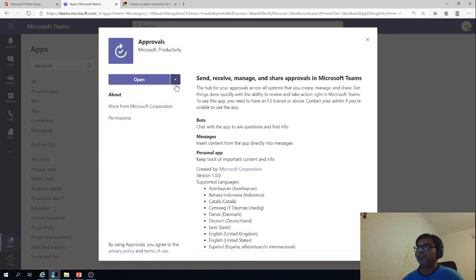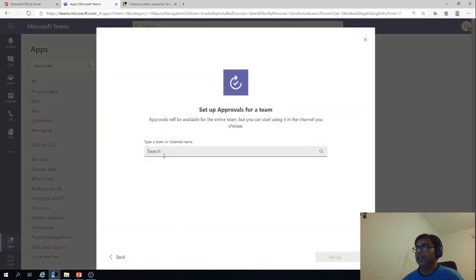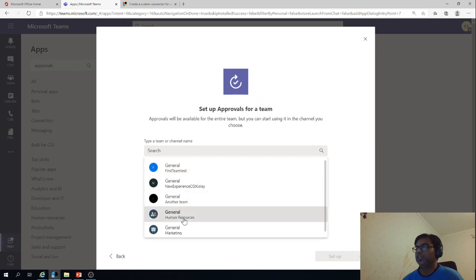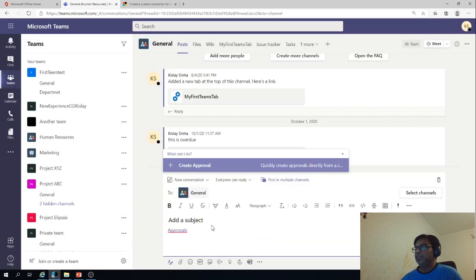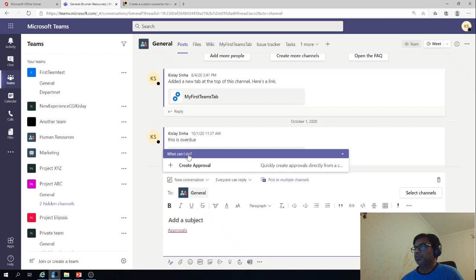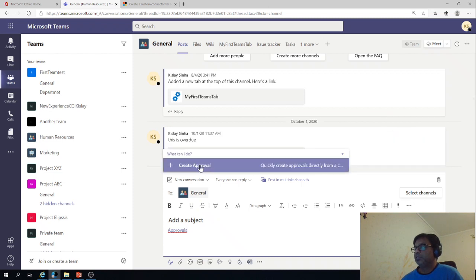Let's see what happens if we add it to a team, and let's say I add it to general human resources, and you can see set up a bot. So basically you are setting up a bot, so this app actually works as a bot also if it is added to the channel. So set up a bot, and then you will see here what can I do. Create approval. What can I do is typically what the bot asks you in Microsoft Teams. Right now there is only one option, create approval,